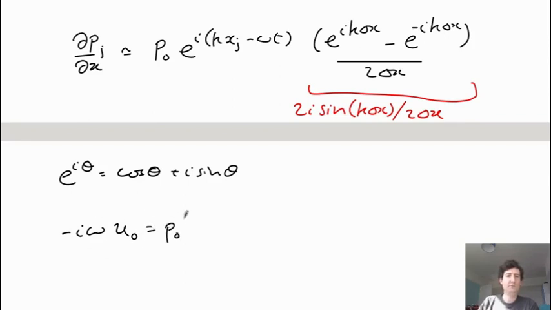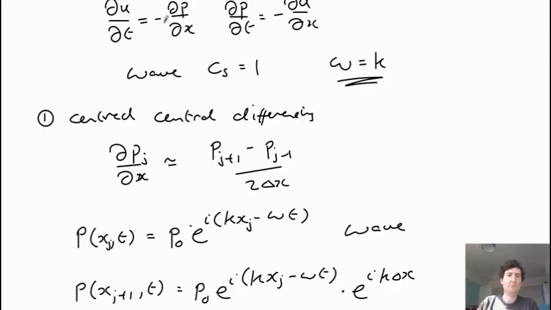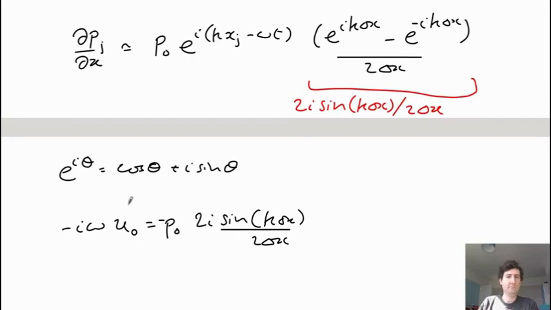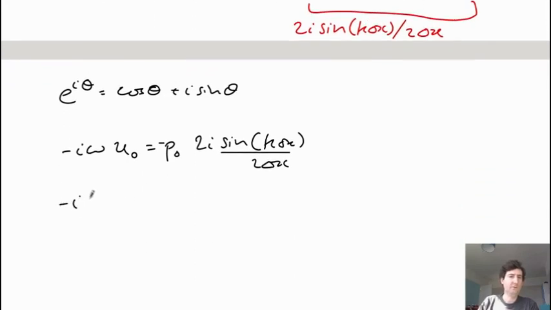There's just p naught, and then we're cancelling out these terms because that's common to both left and right side, times this factor here. So then we have a 2i, so k delta x over 2 delta x. So then there's a minus sign here as well in this equation here, so a minus here and a minus there. And of course the same thing for the other equations, so minus i omega p naught is minus u naught. I'm just going to cancel the 2's this time, so this is i sine